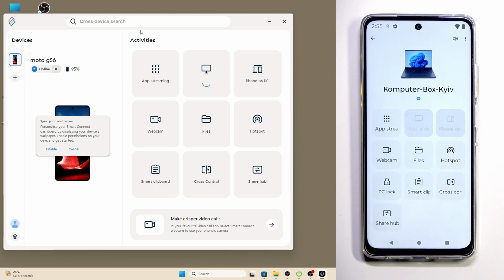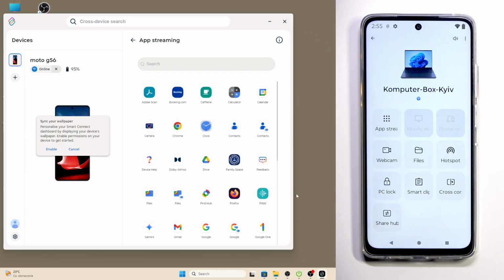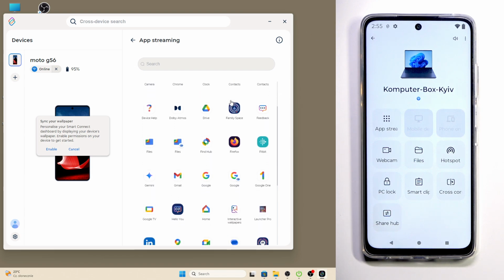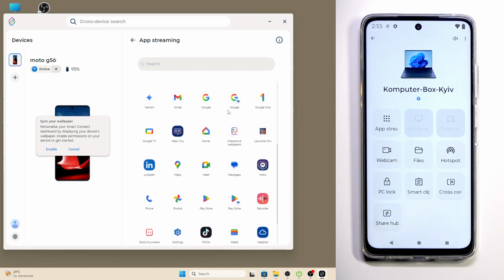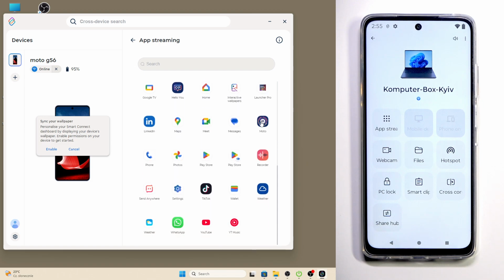And now we have the activities on our PC and also on our Motorola, and we have the app streaming. So let's open up this feature. In here we have the list of apps that we can use for this feature. So let's say I'll open up the